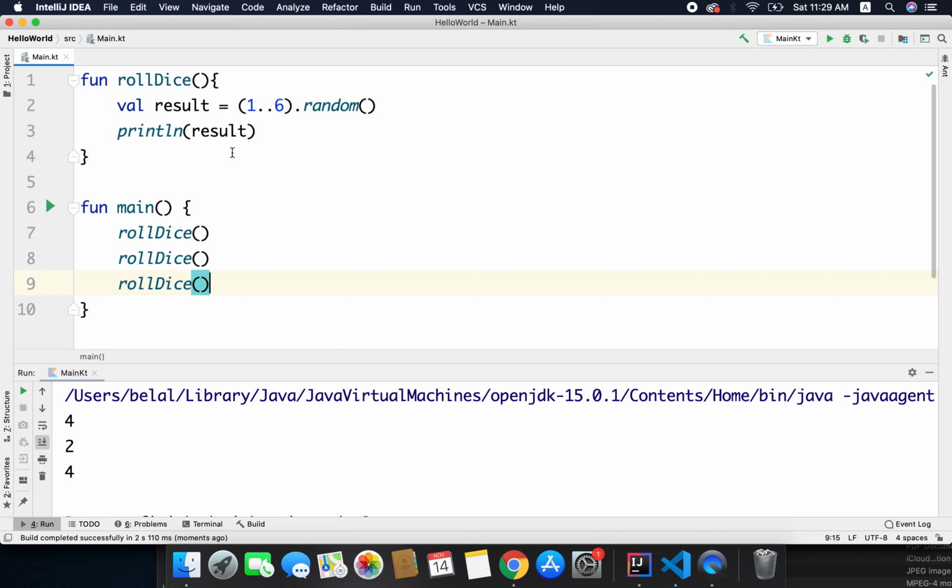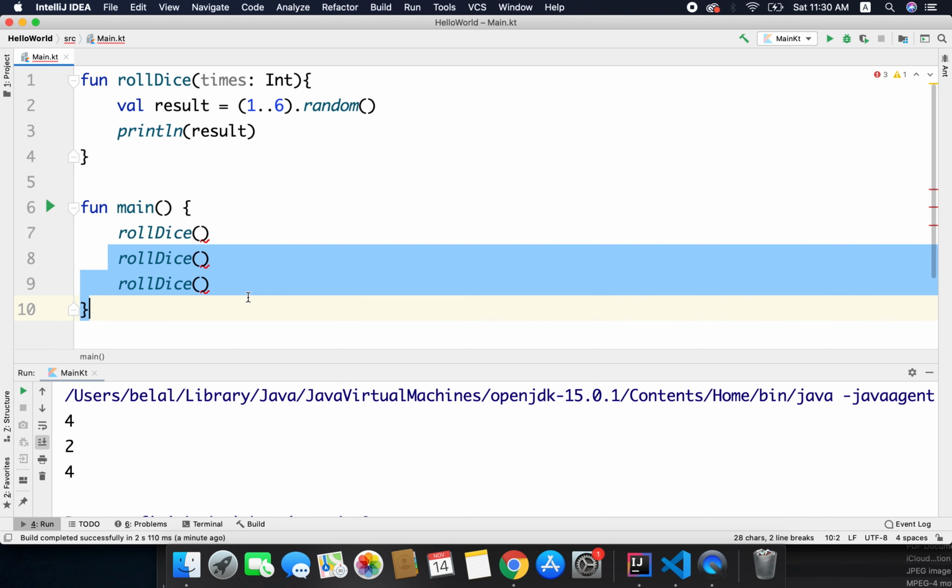Now this is a very simple syntax of the function, but we can also pass an argument to a function if required. For example, I have called this function 3 times, but instead of doing this, I can write an argument here. Let's say I have times of type Int. Now what I can do is pass a value that will define how many times we need to generate a random number between 1 to 6, or in simple words, how many times we need to roll the dice. So I will delete all these things here,